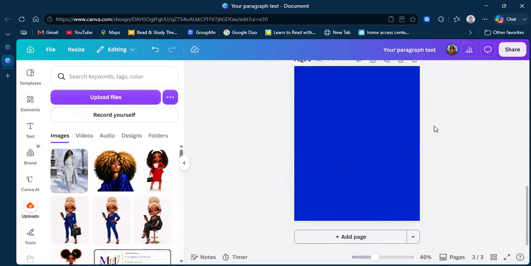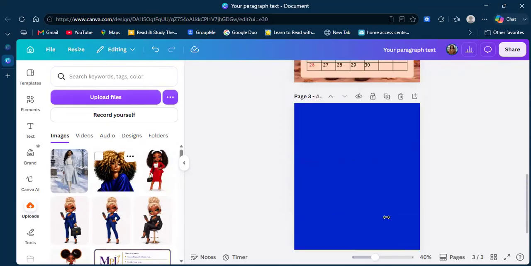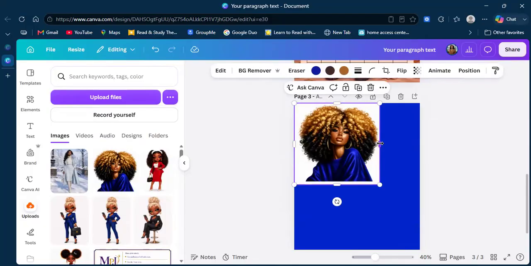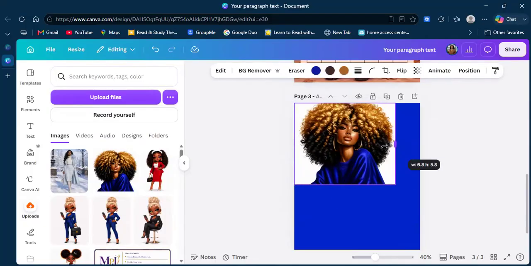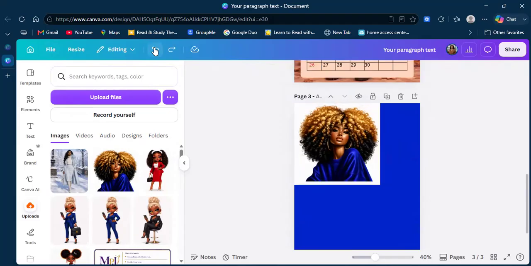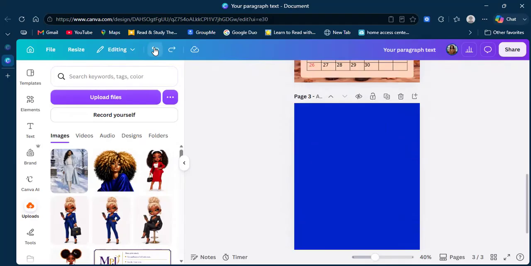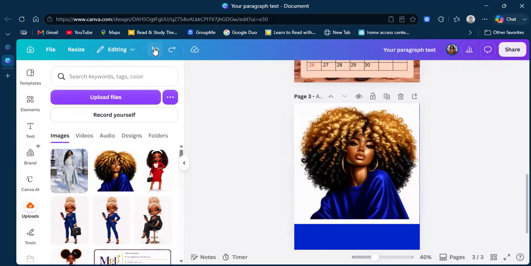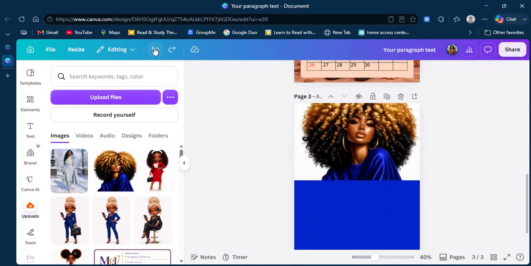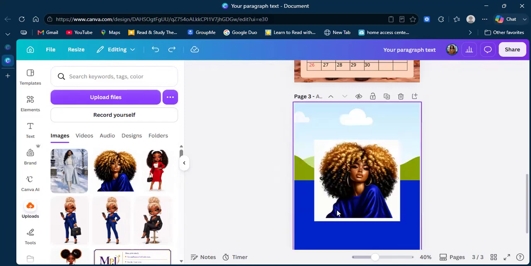Let me put my frame back. Hold on, I'm gonna go back, y'all. Okay. So I didn't want her head cut off, but